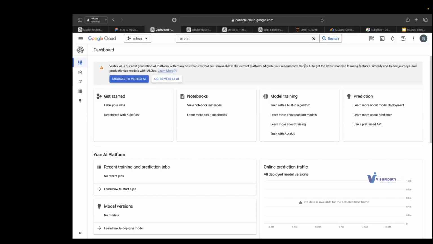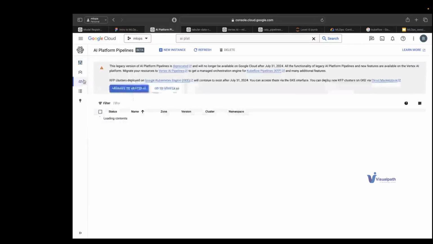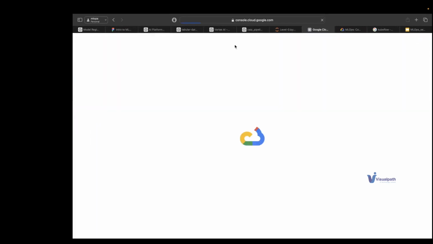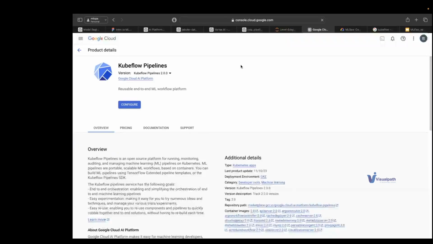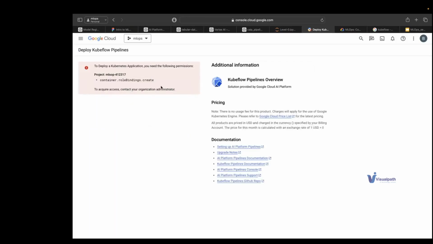If you see, you have Workbench, you have pipeline. In the pipeline, you have to create a new instance. If you go to a new instance, it will create an entire Kubeflow pipelines setup. If you click on configure, this took almost 1 hour to install. There are some permissions that are not there, I think I have to create containers.